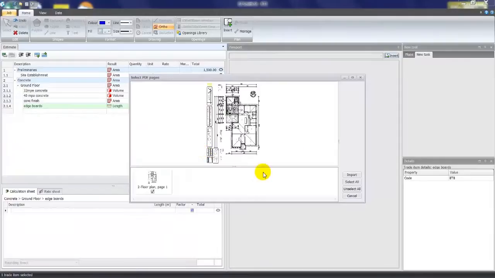a little preview screen will appear, and this is handy if you had a multi-page PDF. You could select which pages you want to import into the program. You can have multiple plans open in the viewport by just opening them as you need them via the insert button. If I select import,